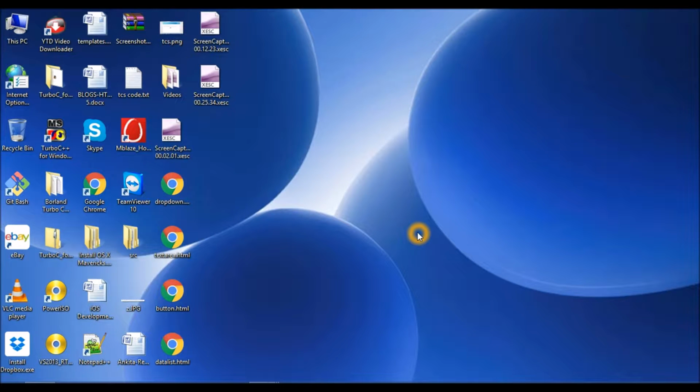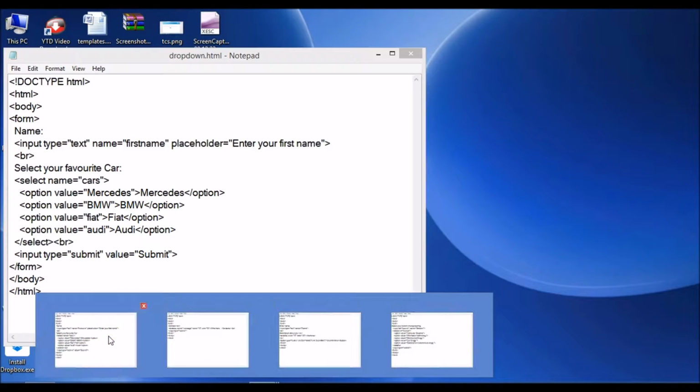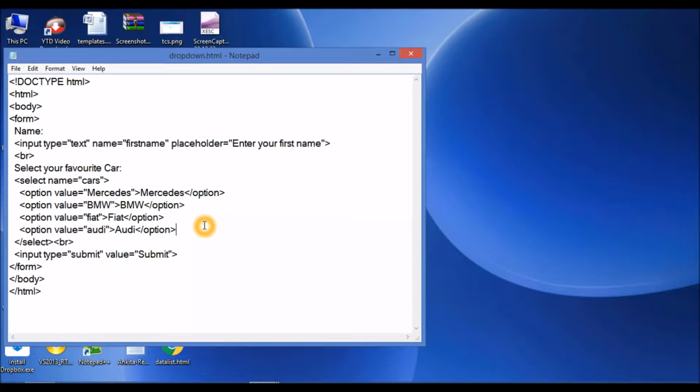Guys, today we'll be studying the different form elements that are used in HTML. Let's start with the first one, which is our drop down list. In case you want the user to be able to select some value from certain options you're providing, for example, I'm taking a form element,